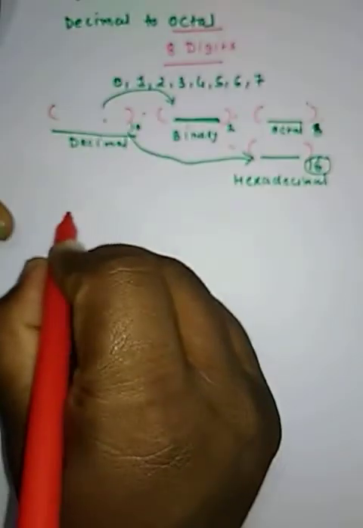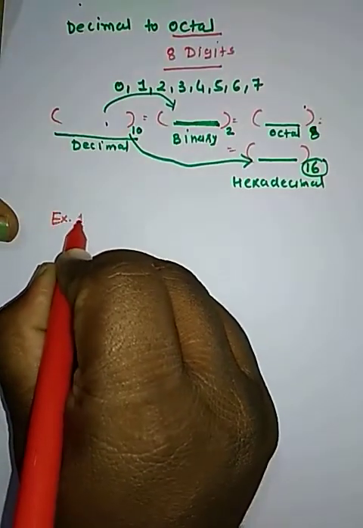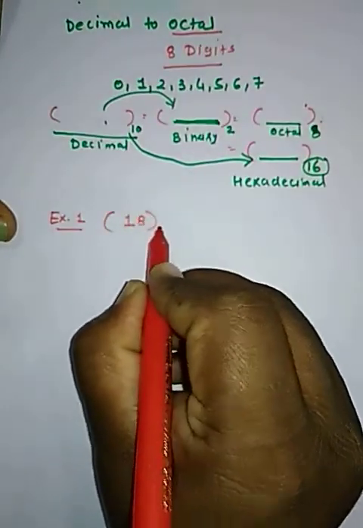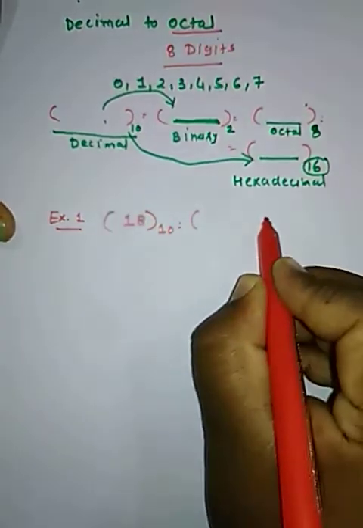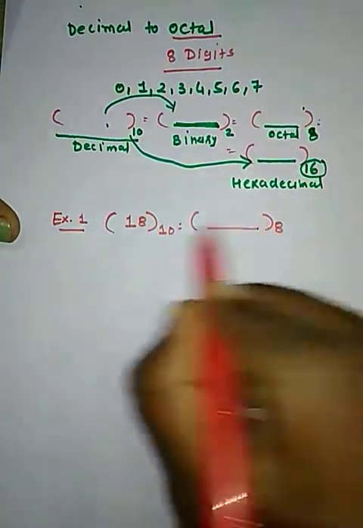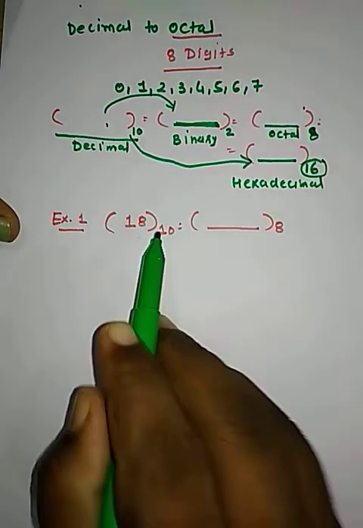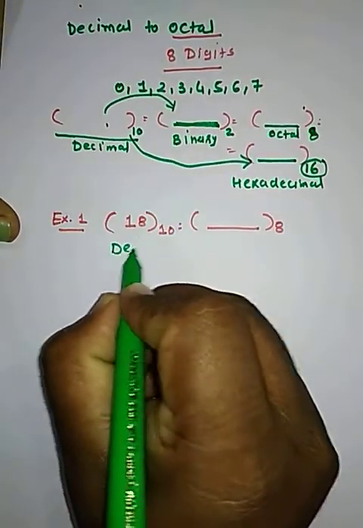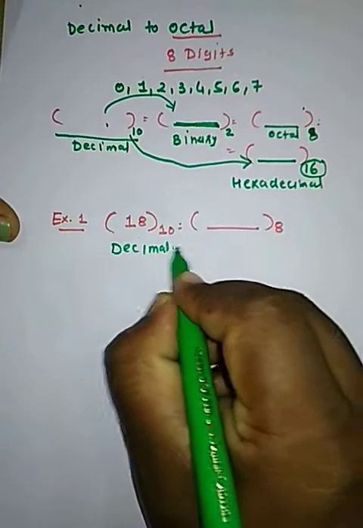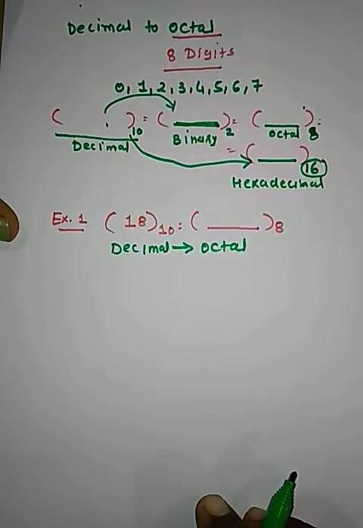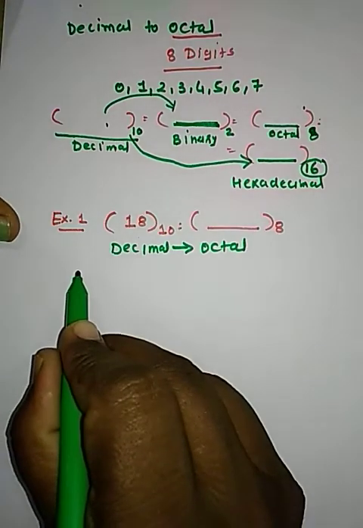Suppose I have given, we will discuss this with an example. I have given 18 and this 18 is to be converted into octal. આ 18 નંબર આપેલા છે એનું આપણે octal કરવાનું છે. This is given, means this is the decimal and it is to be converted into octal. અને આપણે શેમાં લઈ જવાના છે? Octalમાં લઈ જવાના છે. ઓકે, so first write here